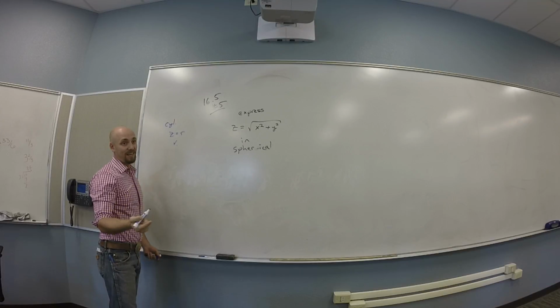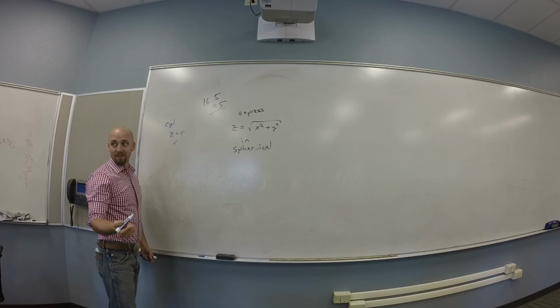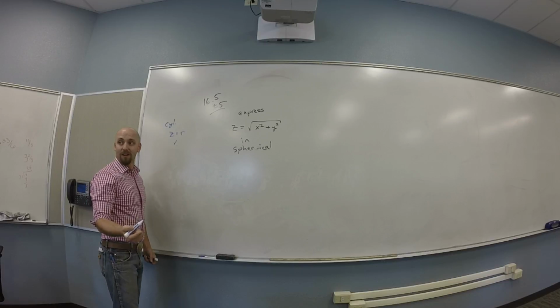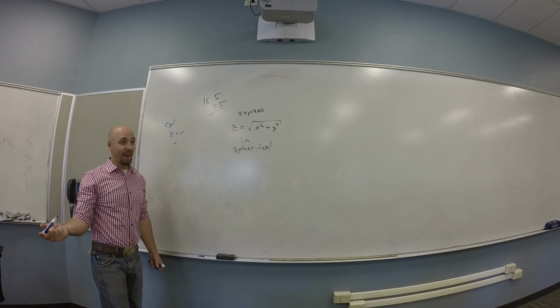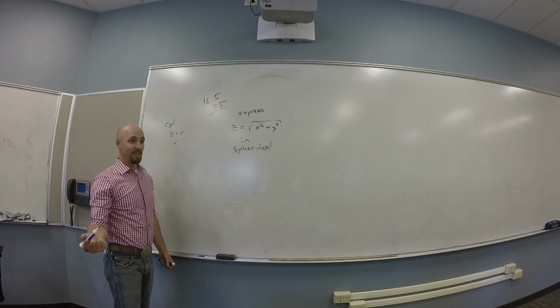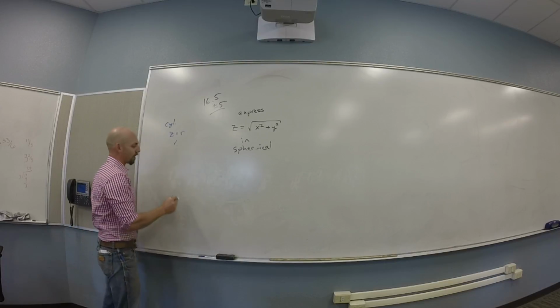Get the conversion factors for spherical, right? Is z like r cosine of phi or something like that? I think we should probably figure that out since maybe we didn't the other day. Okay, so